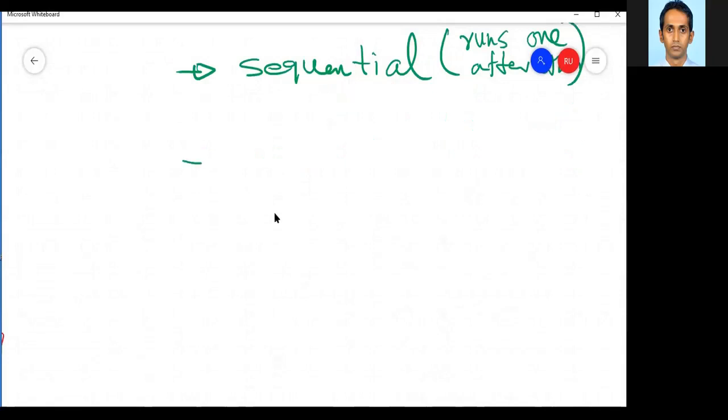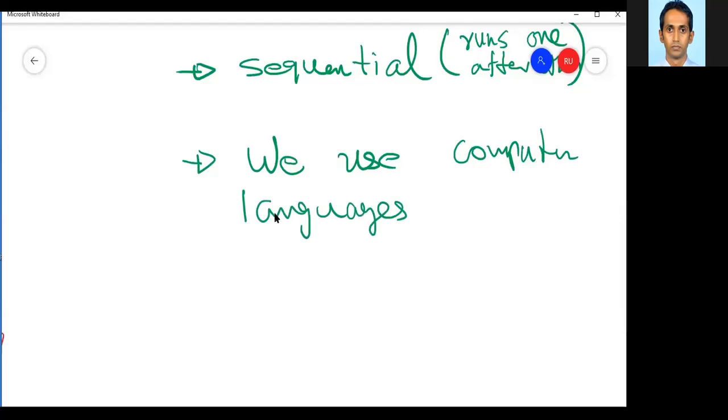There are many computer languages, so we use computer languages to give instructions. The instructions look different in many languages.